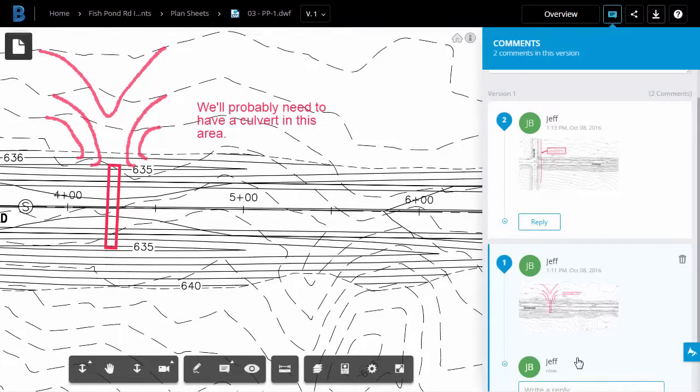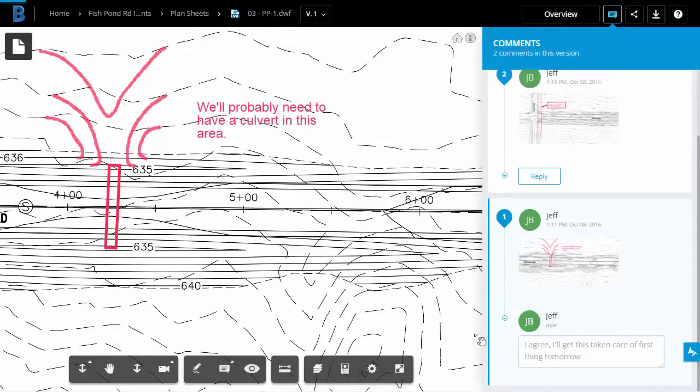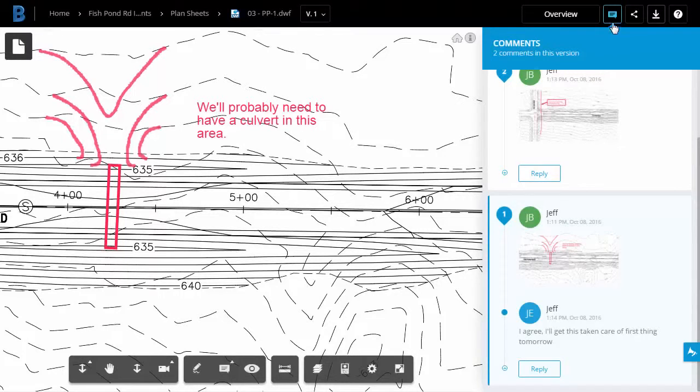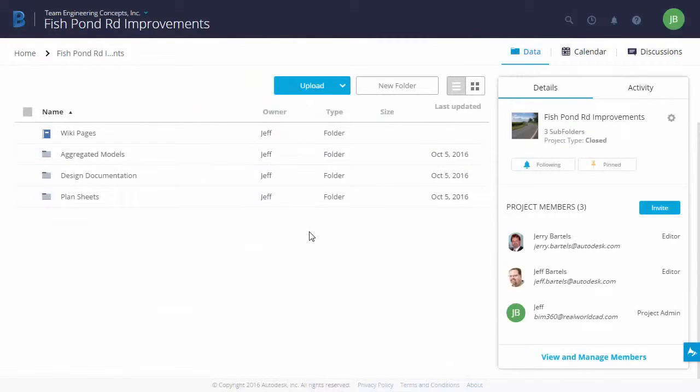I'm going to go ahead and reply to my own markup. I agree. I'll get this taken care of first thing tomorrow. And I'll choose Post when finished. Now that I'm finished reviewing this page, I'll go ahead and close the pane, and I'll return to the top level project folder. So if the time comes that your review comments require a little more illustration, BIM 360 Team